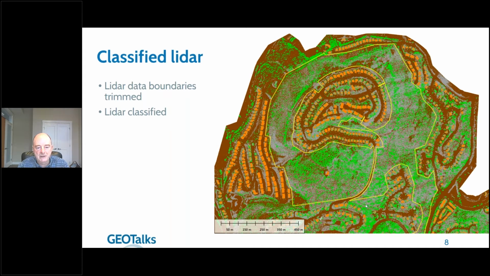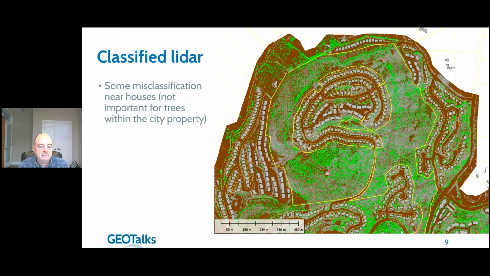My focus was, where are the trees in that large ring of city property that surrounds the homes? And go next, please. And you know, there were some mistakes right near the buildings, but I wasn't too concerned about that. They weren't important to me. And next,